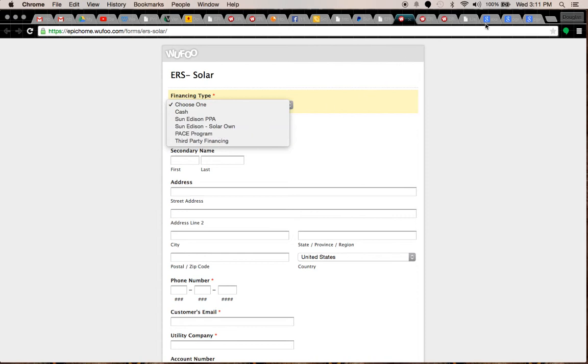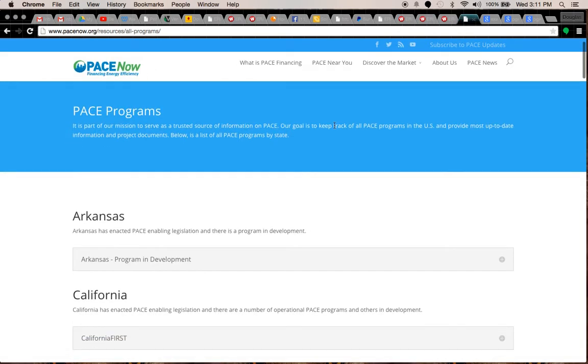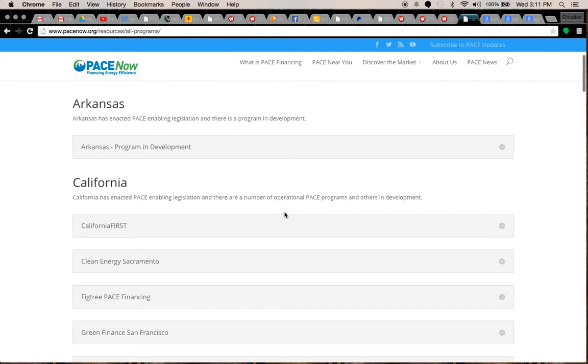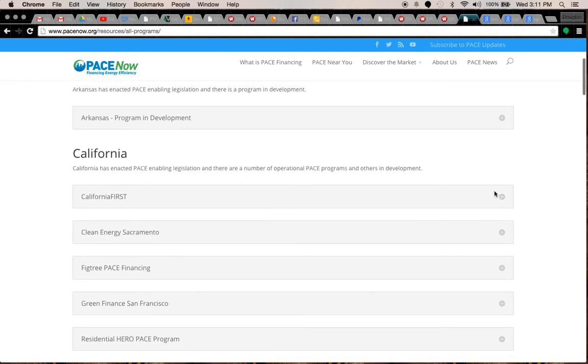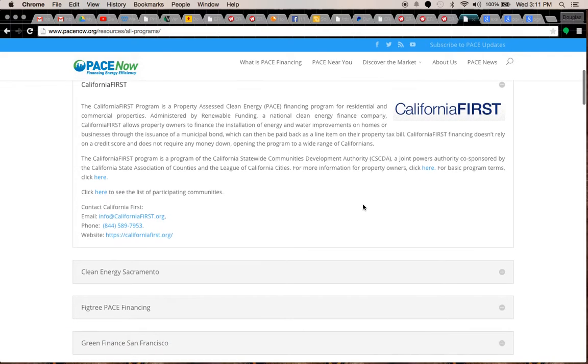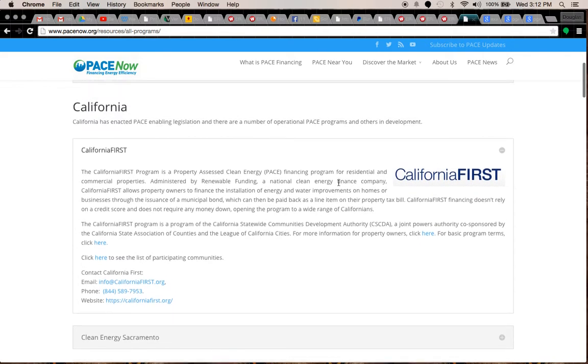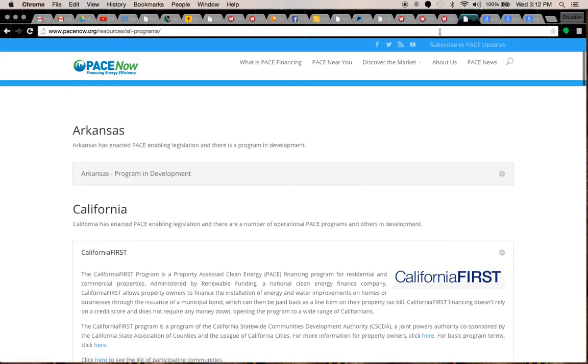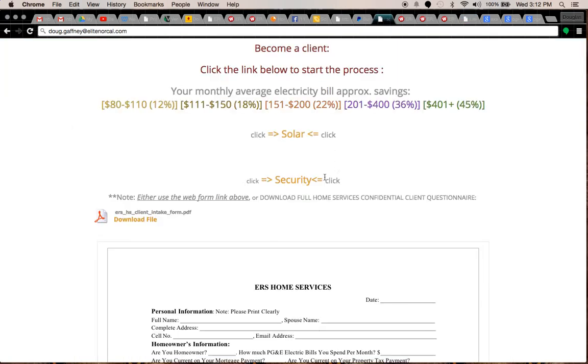As you can see, within the PACE program, you can go here and see some of the areas within California and what that entails as far as a PACE program. If you want to, maybe pause the video and read this, or just go to the website, you can get more information on the PACE program. All right, so going back here,